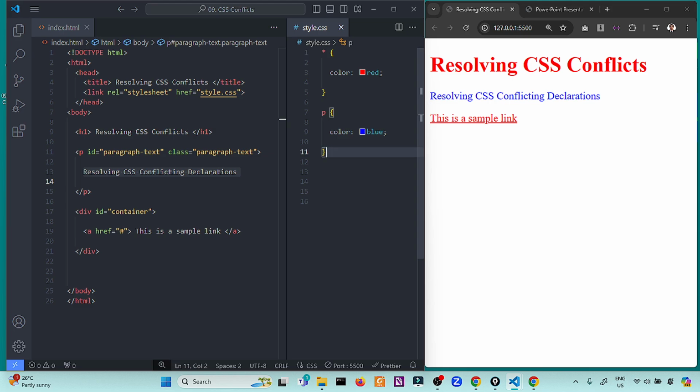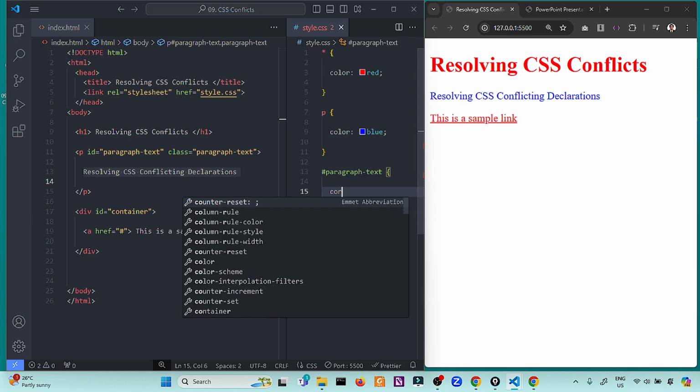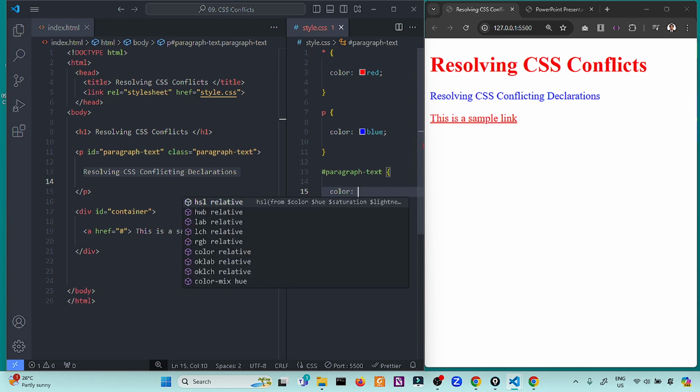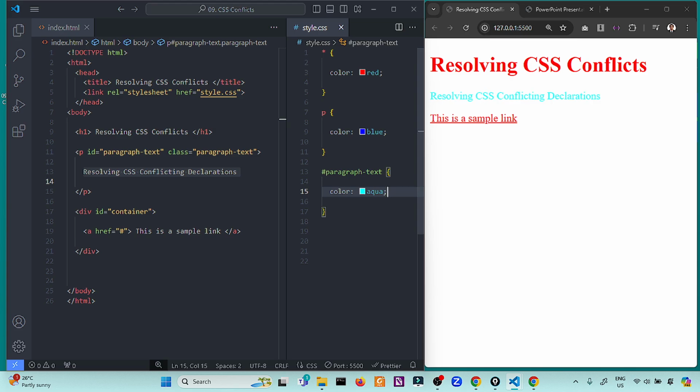Moving forward, we also have the ID selector. If we have an ID selector, for example, paragraph text, and give it a color of, for example, aqua, as you can see, the ID selector targets a single element with the specified ID.